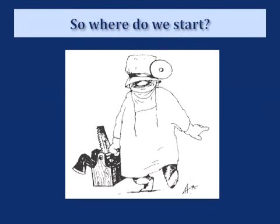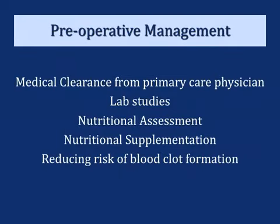So where do I start? Typically, I really start by looking at the patients pre-operatively. I want to make sure that they have medical clearance from their primary care physician. Your safety is my number one goal. I'm going to do comprehensive lab studies. I'm going to look at your nutrition. We've shown that nutrition is extremely important for the healing process. And I'm going to start you on nutritional supplements, and I'm going to try to reduce your risks of having